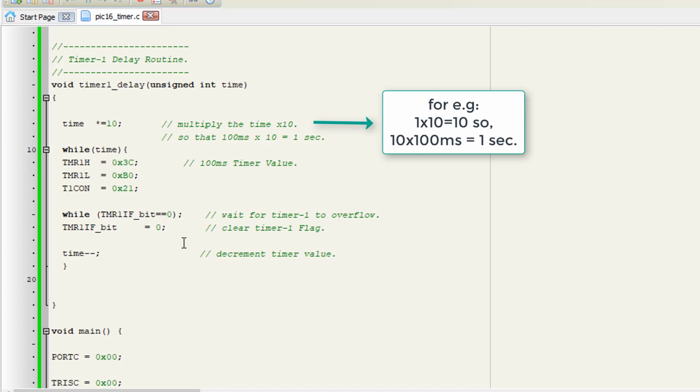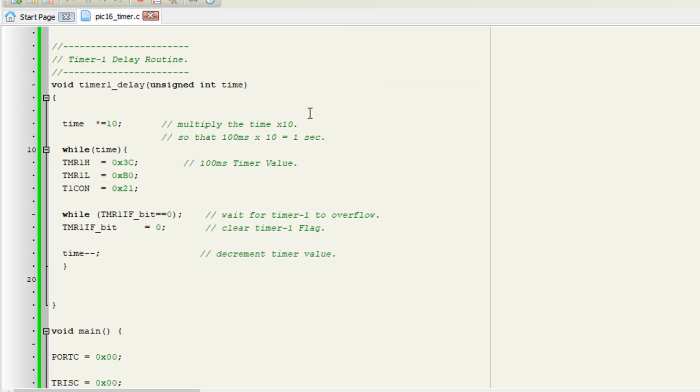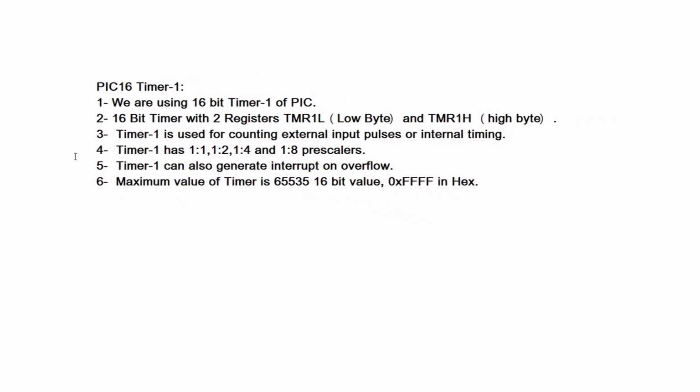The whole timer routine is 100 milliseconds, so when it is multiplied by 10, it is 1 second. If I pass the value of 1, it will be 1 second here. Then I initialize the timer and the timer values here. First I am going to describe how the timer works.